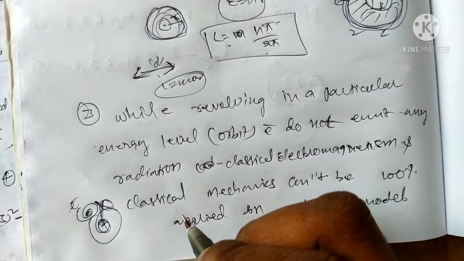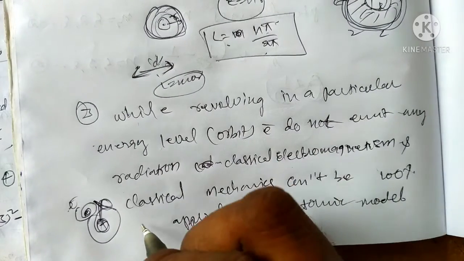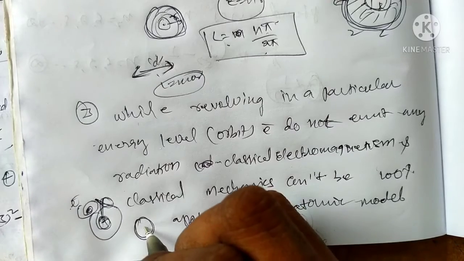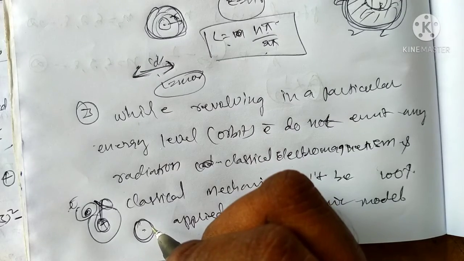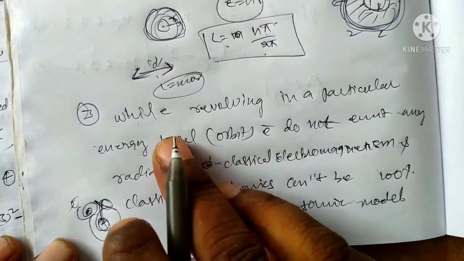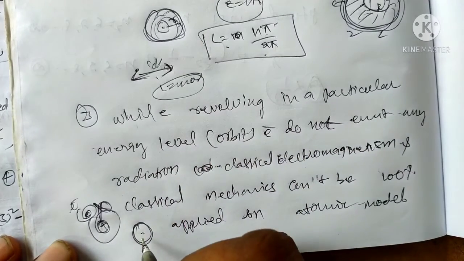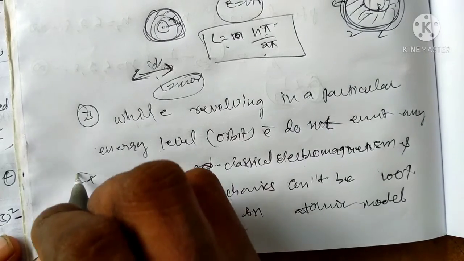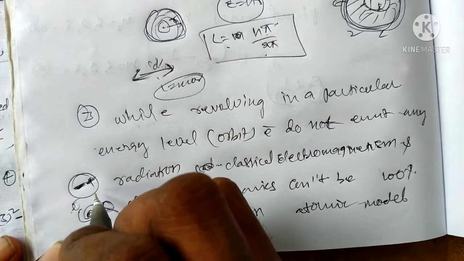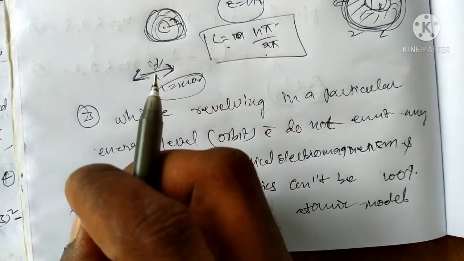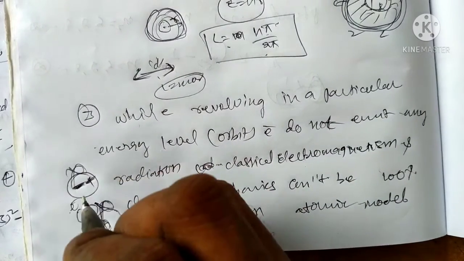Quantum mechanics says that any particle revolving in a certain fixed radius, that is rotation, the electron cannot give energy, any radiation. It can't emit radiation. That is, the electron does not emit any radiation. Suppose it could radiate, both the negative charge electron and the positive charge nucleus would combine. That is the reason, but it is not possible.